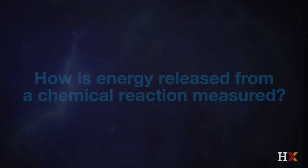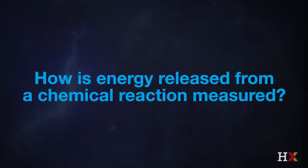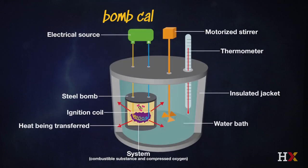So now we're ready to address a profoundly important question, and that is, how is energy released from a chemical reaction actually measured? And what I'm going to describe here is what's called, affectionately, a bomb calorimeter. And this device has been used by thousands of people across the globe to measure the chemical release from a